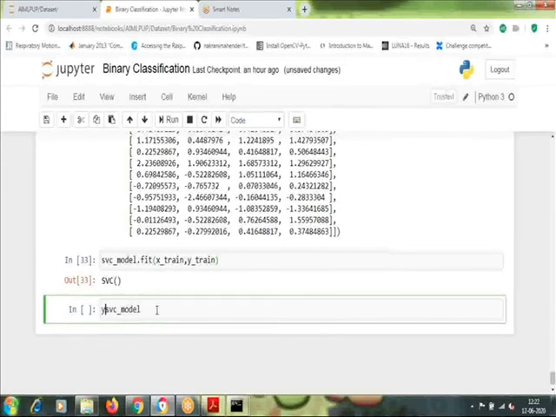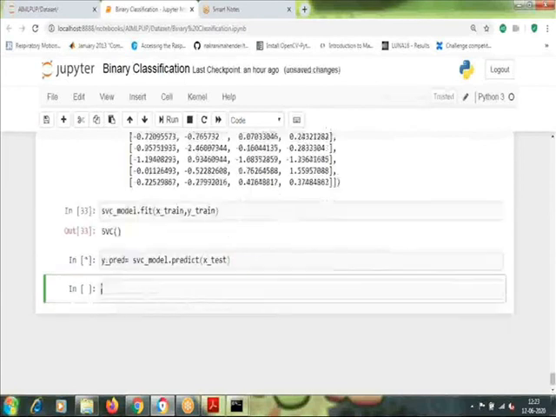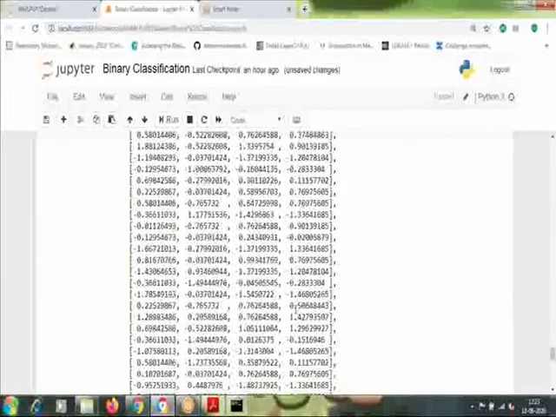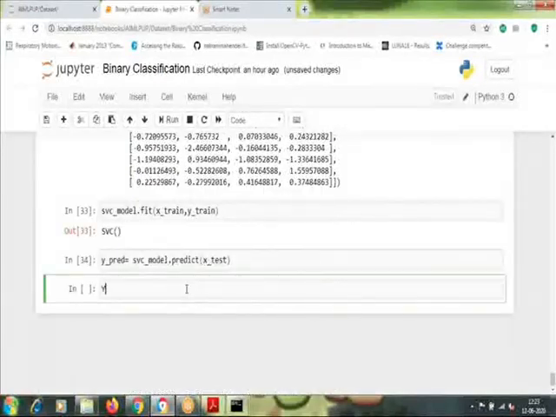So y_pred is the variable name. I will give it for prediction: the SVC model, same way, predict. You need to supply just the test features, so X test. Then let's go ahead and print this output.